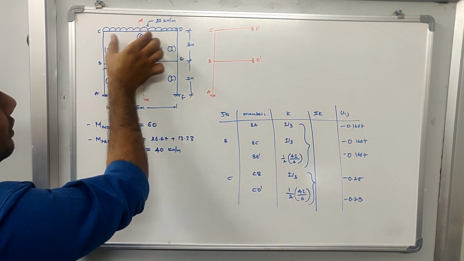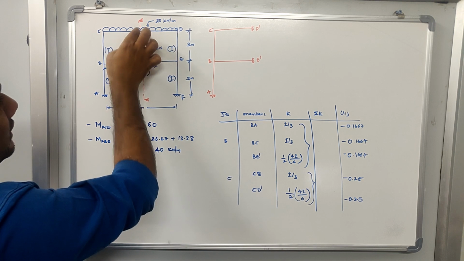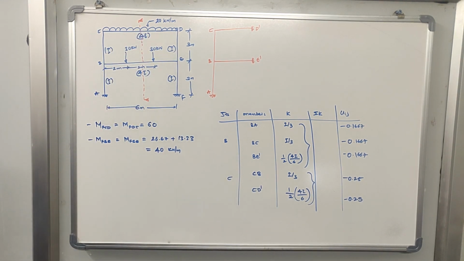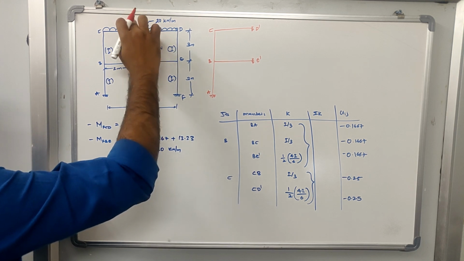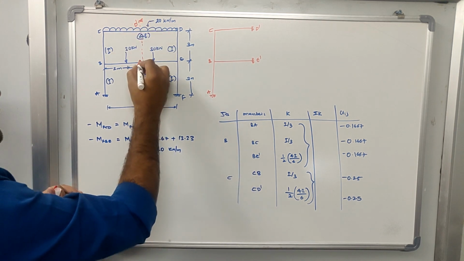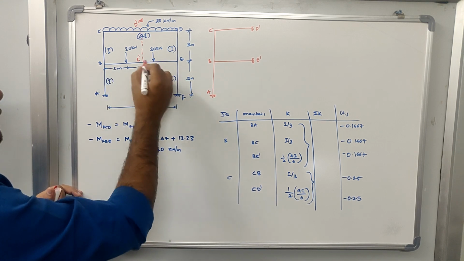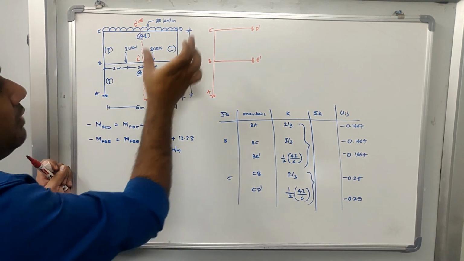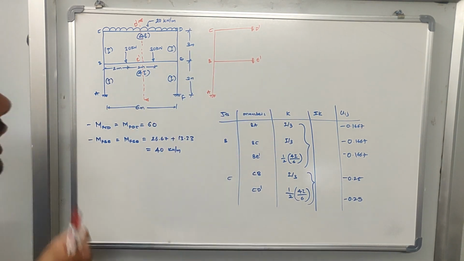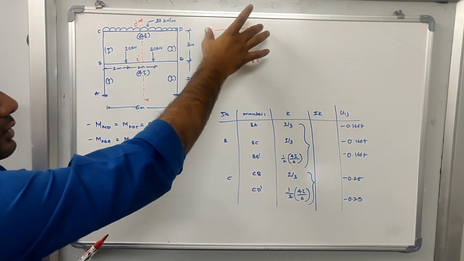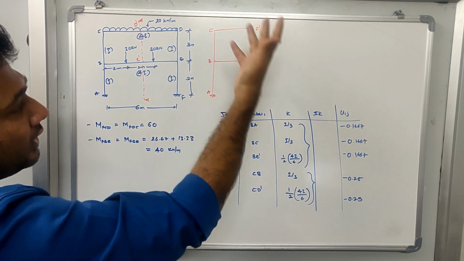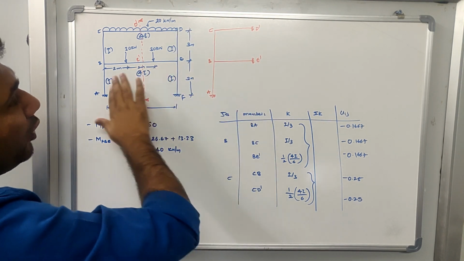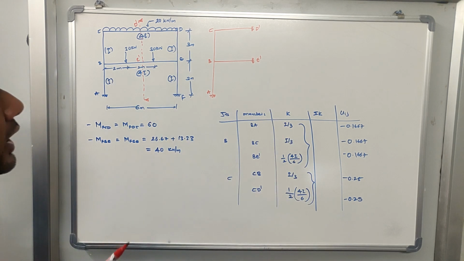This D was there, and I'll call the section at this point D dash. This point where I have cut for beam B, I'll call B dash. So I'll draw the frame like this. Now this becomes my modified frame, and I'll analyze it. Whatever moment values I get, I'm going to replicate on the other side by changing the sign. I'll explain that later.